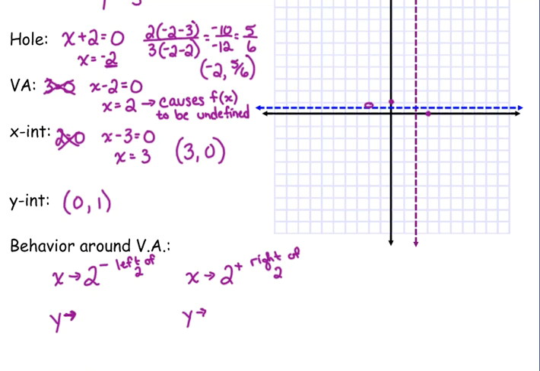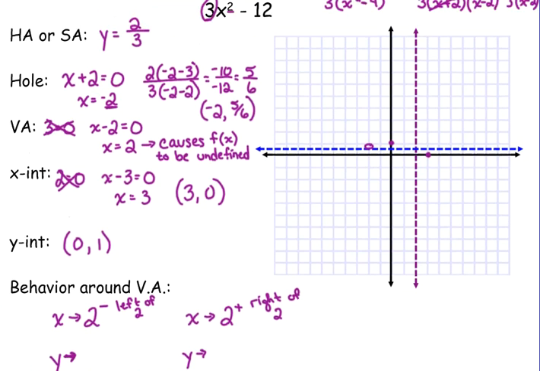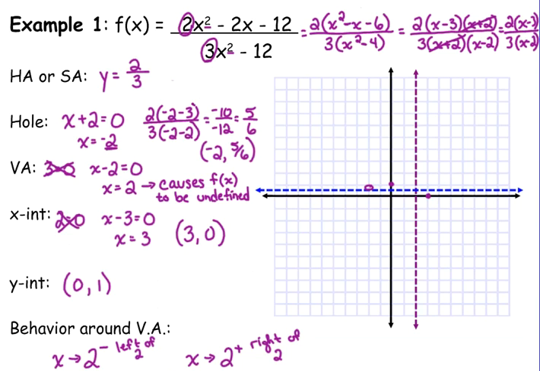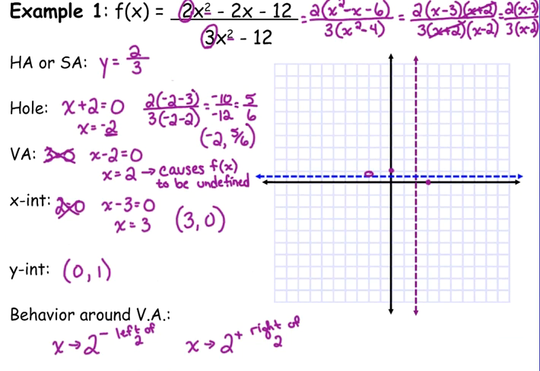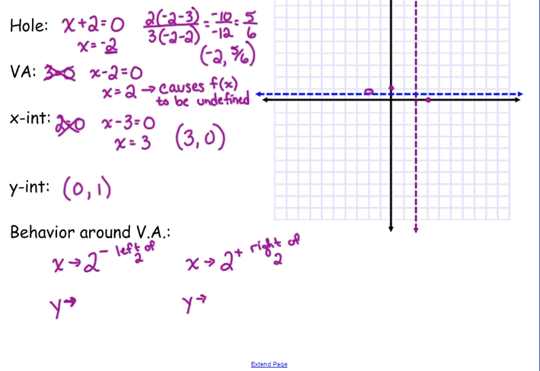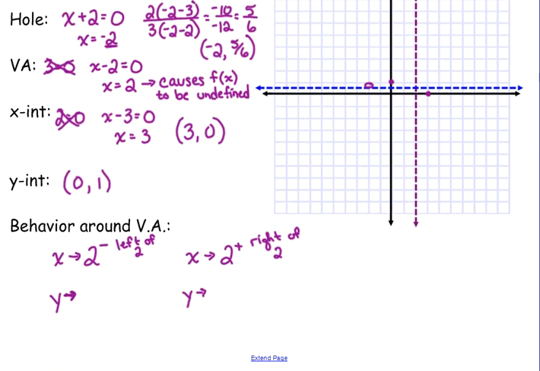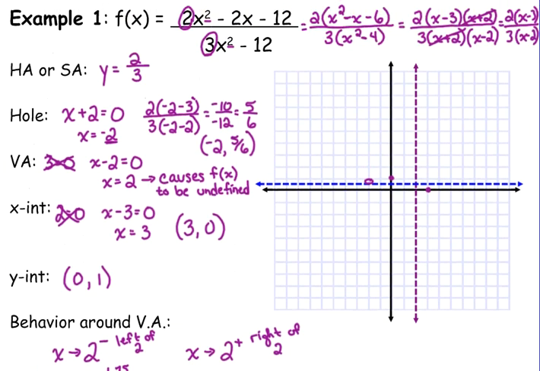Now, I'm going to do this two ways. I'm going to consult the calculator, and then I'm also going to do it without the calculator. Let's do it without the calculator first, since I haven't done anything in the calculator yet. The quick and easy cheat way to check this is to pick a number that's close to 2 on its left side. So something like 1.75. Okay, 1.75. If I plug 1.75 into my simplified equation,